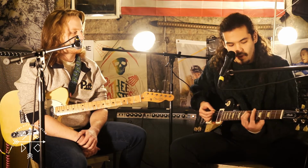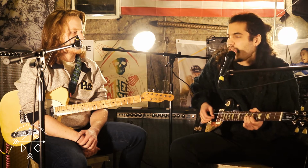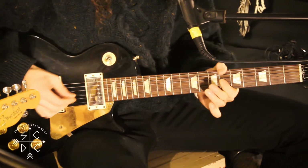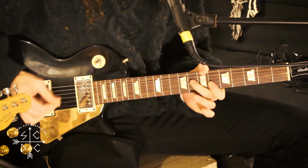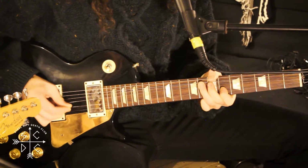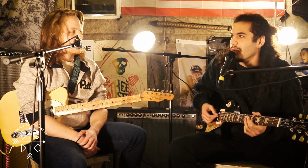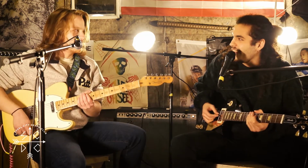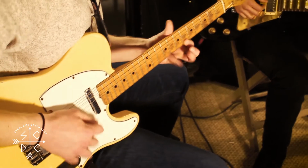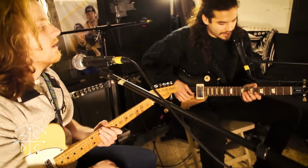For soloing, I usually start off with some kind of bend or a lead-up or a slide. It all revolves around a pentatonic because that's all I know theory-wise. But you were playing some interesting stuff there. So at least with a pentatonic, I like screwing around with